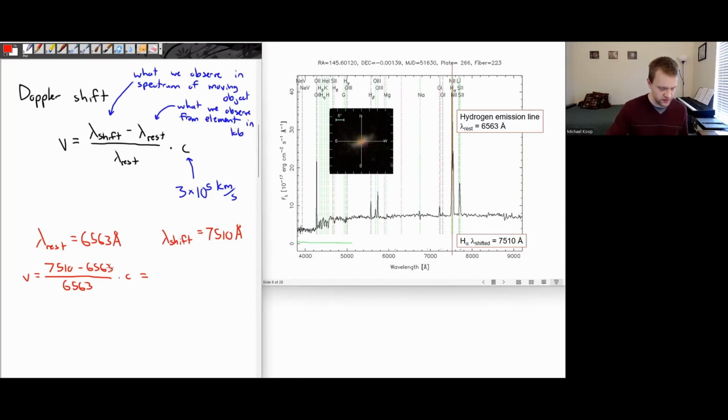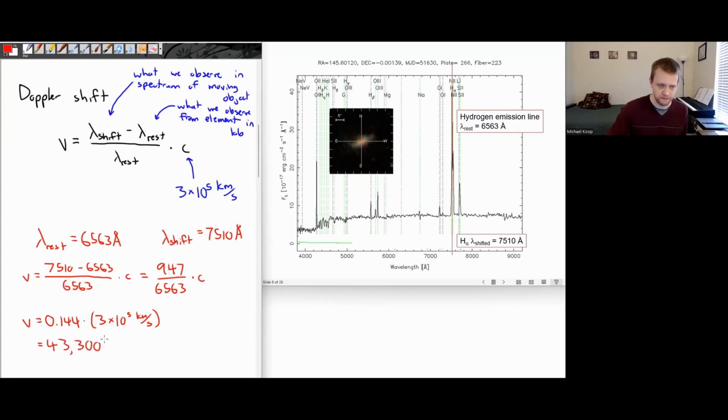In this case, I got 947 over 6563, and still multiplied by the speed of light. After that division, I get 0.144 times our speed of light, which is 3 times 10 to the 5 kilometers per second. And when I multiply those two together, I get